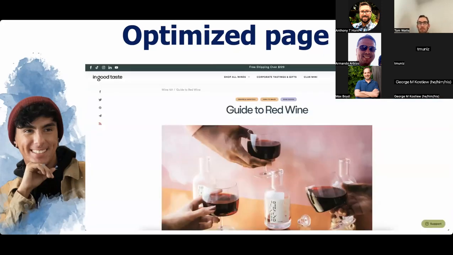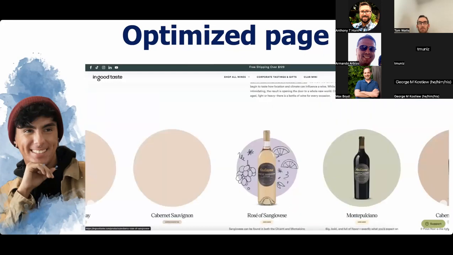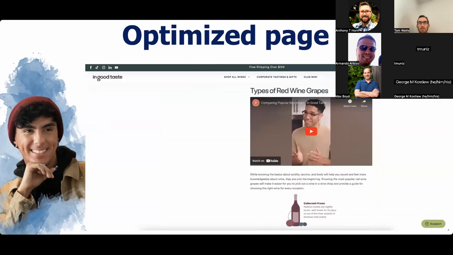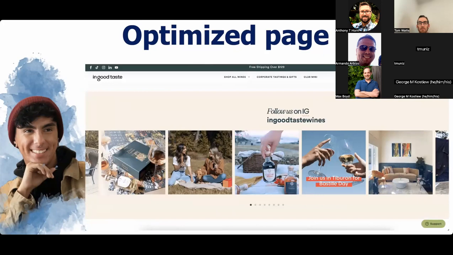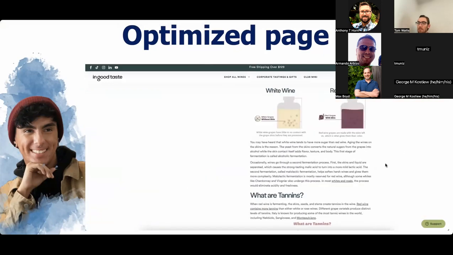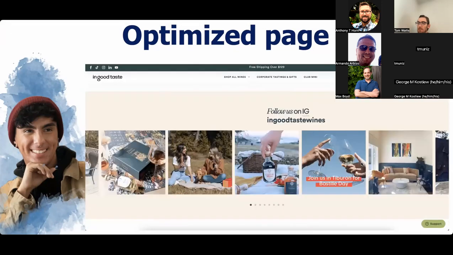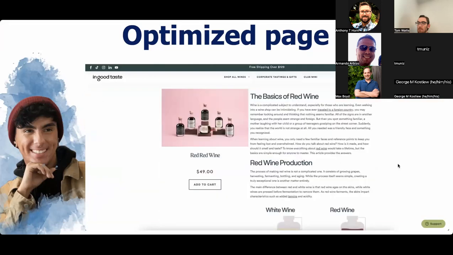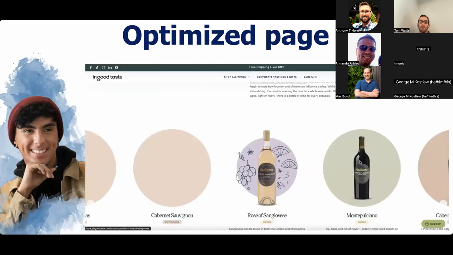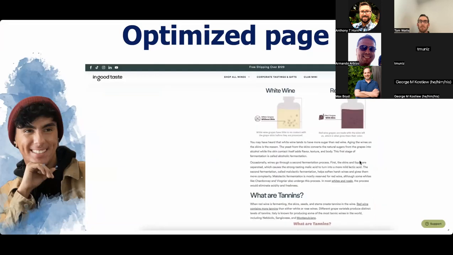And here's an example of an optimized page, just a regular page in a website. This one is very clearly a wine 101 guide. You can tell from the headers that it's answering some really basic questions about red wine versus white wine. Just based on the content that I'm seeing here, I can tell that they did their keyword research and they actually based this page off of the keyword research. So they created their outline first, more than likely, and then they put the words to the outline to answer